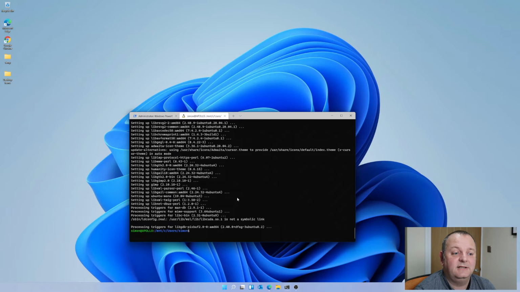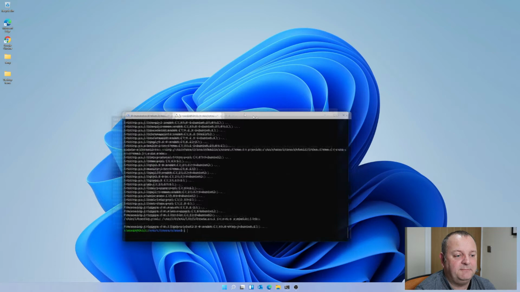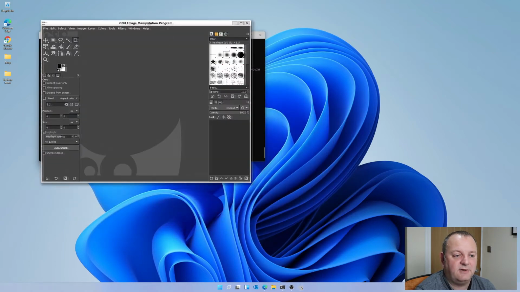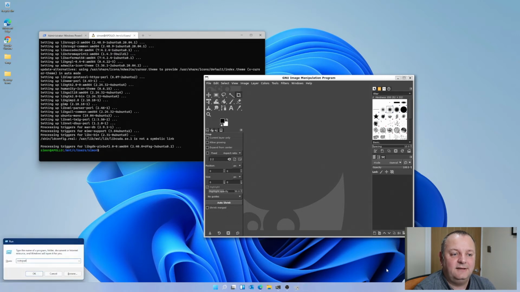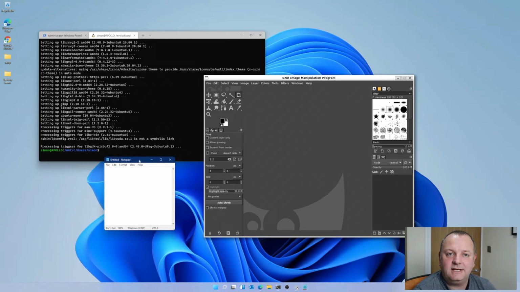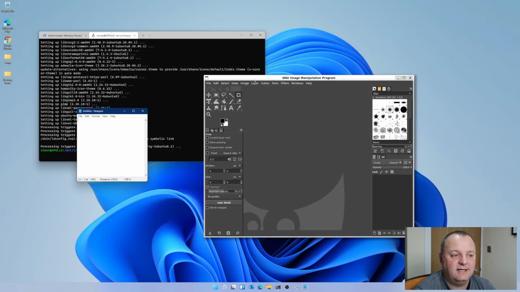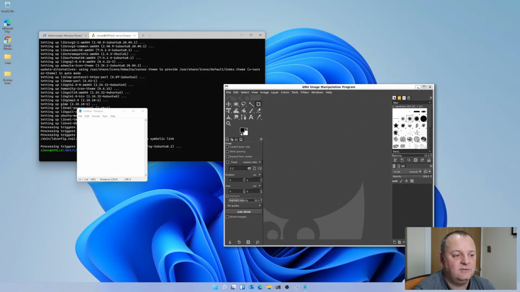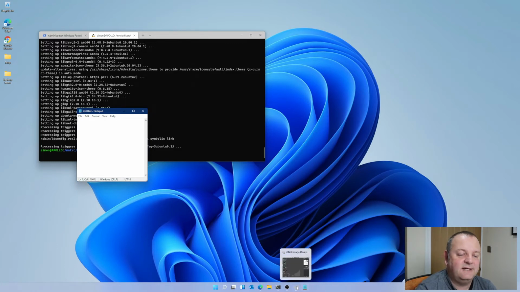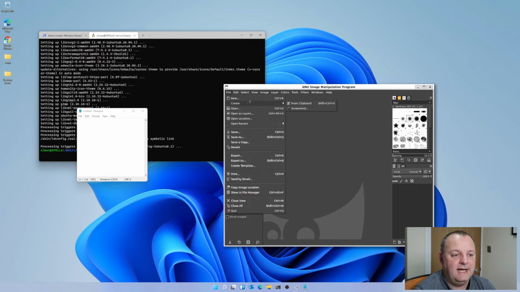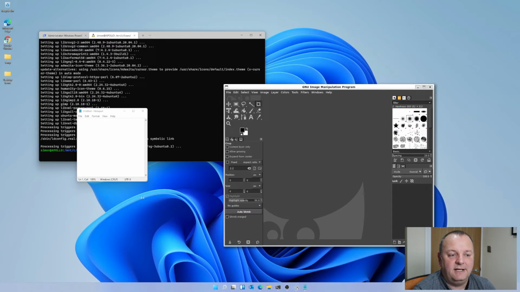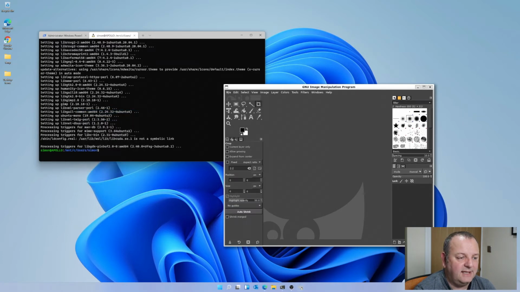Not only that, when we select it, it takes a little while to come up. It's obviously not that slow all the time, but basically we have the GIMP image editor running as a windowed application within Windows. As you see, I've got Notepad running there. I've got the terminal window running in the background. I've got GIMP running there, and I can create a new image on there, and